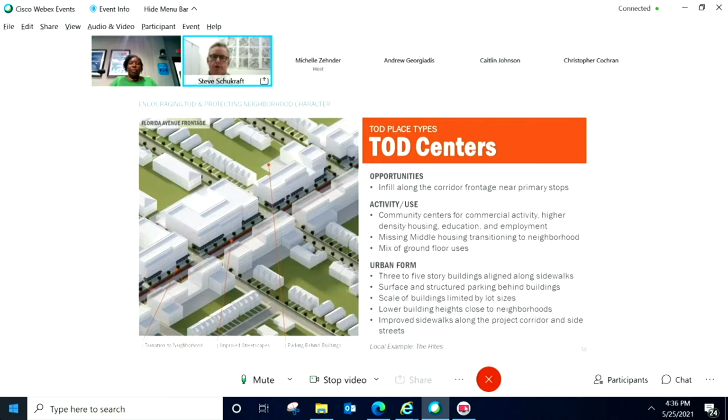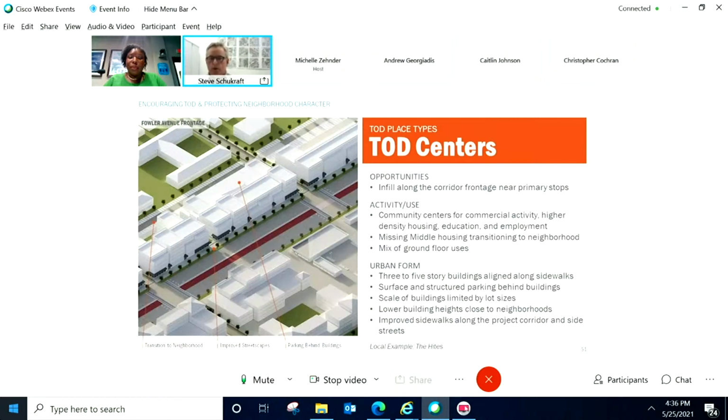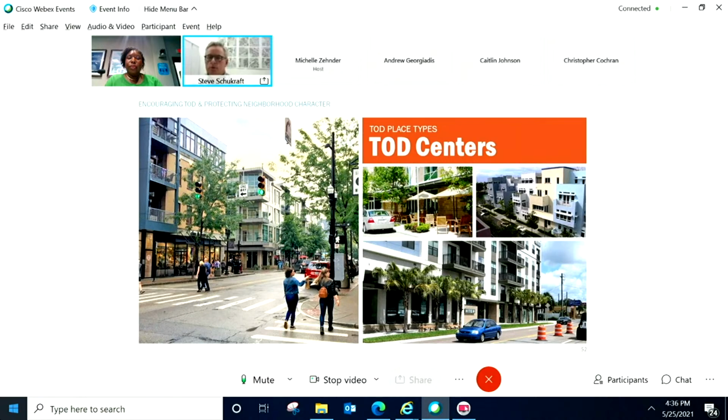We looked both at, so the first sketch here is Florida Avenue frontage. So these are the ends of blocks, relatively small sites, so 1 acre sites, and they're kind of limited in their development potential just based on the land availability. And then on Fowler Avenue, we have much longer and deeper blocks, so we can get slightly larger buildings that can benefit from that accessibility to transit. This is the general character that we're starting to plan for and starting to think about code provisions to deliver.